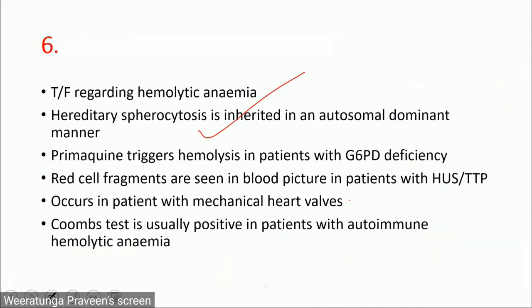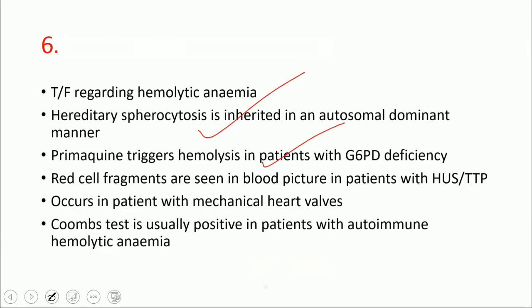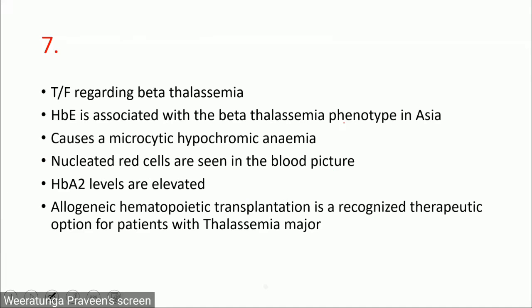Right. So primaquine triggers hemolysis in patients with G6PD deficiency is true. And bite cells, blister cells, and you can actually measure the G6PD enzyme levels for confirmation as well. Right. So we come to